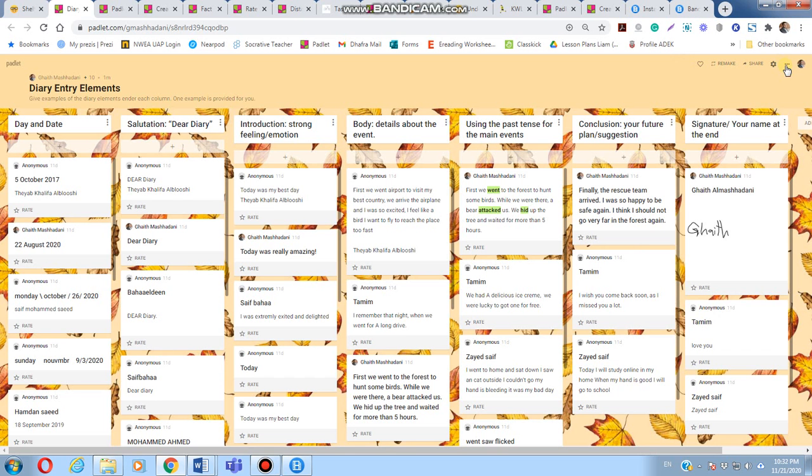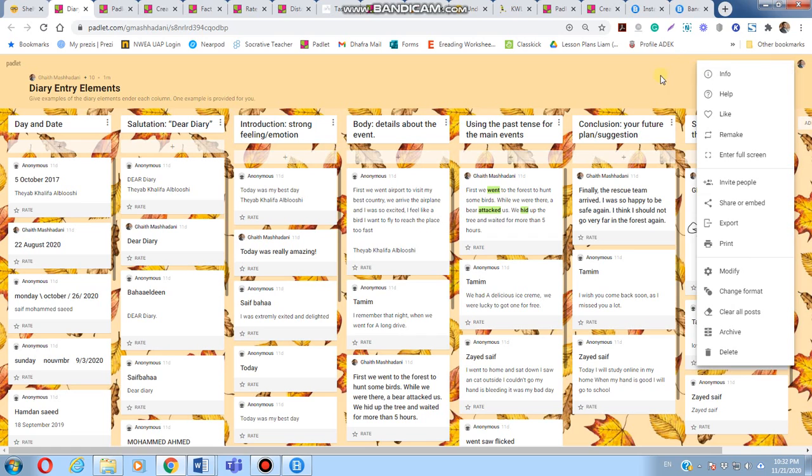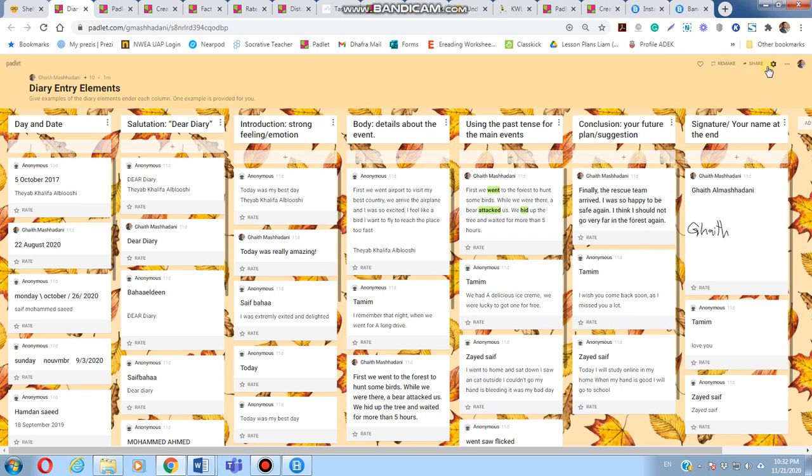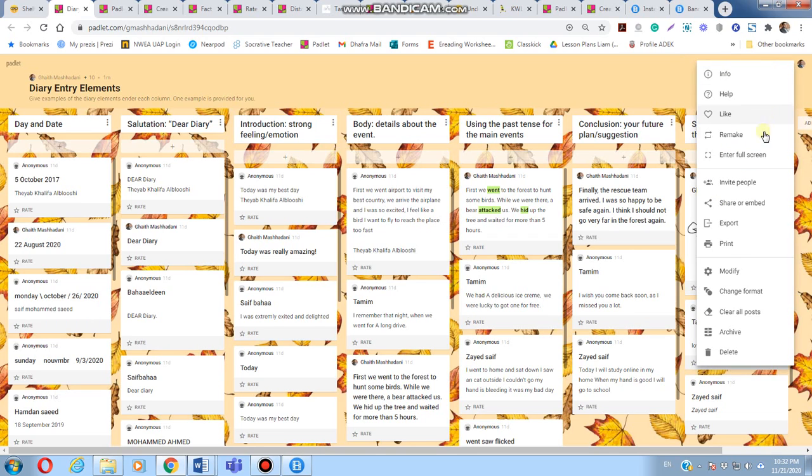Now the setting part is over. Here we have the ellipses part, in which the teacher can remake the Padlet. That means he will copy. If you want to reuse this Padlet, you can remake it. Here are the options. Actually, this is not really necessary in the use of Padlet, so you can also